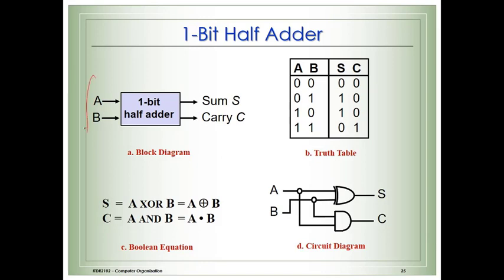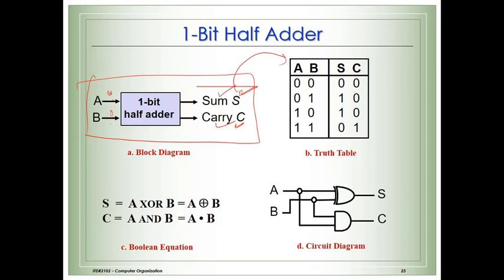So this was the block diagram. What is this block diagram? If we have a one bit adder, we supply two inputs, so it will produce two outputs. One output line will be sum and another output line will be carry. Then we have seen what the possible inputs are. So if 0 and 0, sum is 0 and carry is 0. For 0 1, sum will be 1, carry will be 0. For 1 0, sum will be 1, carry will be 0. For 1 1, sum will be 0, carry will be 1, right? This is called our truth table for the one bit half adder.